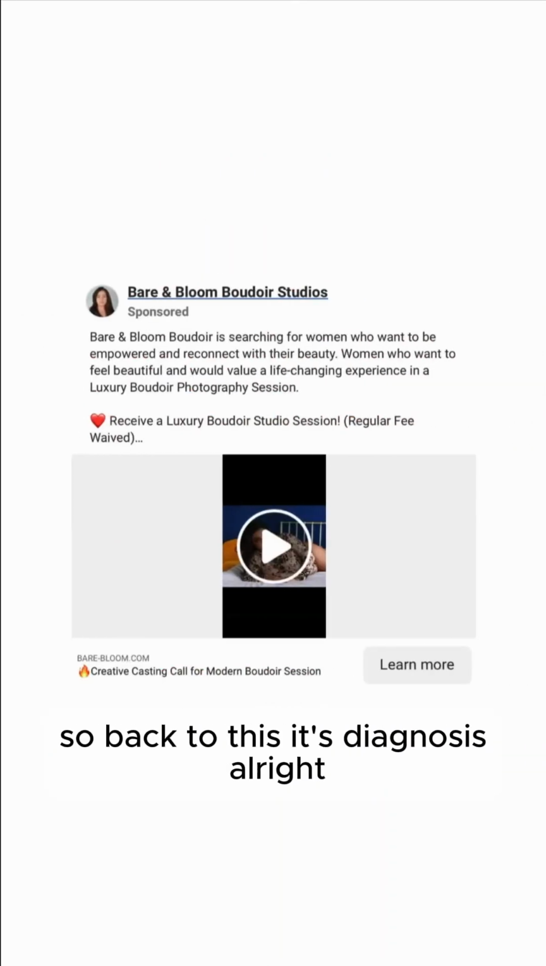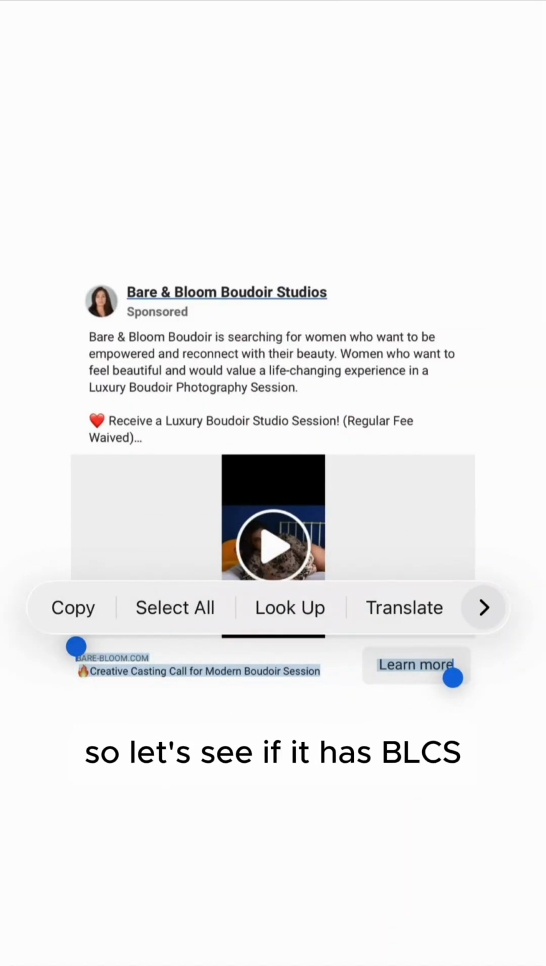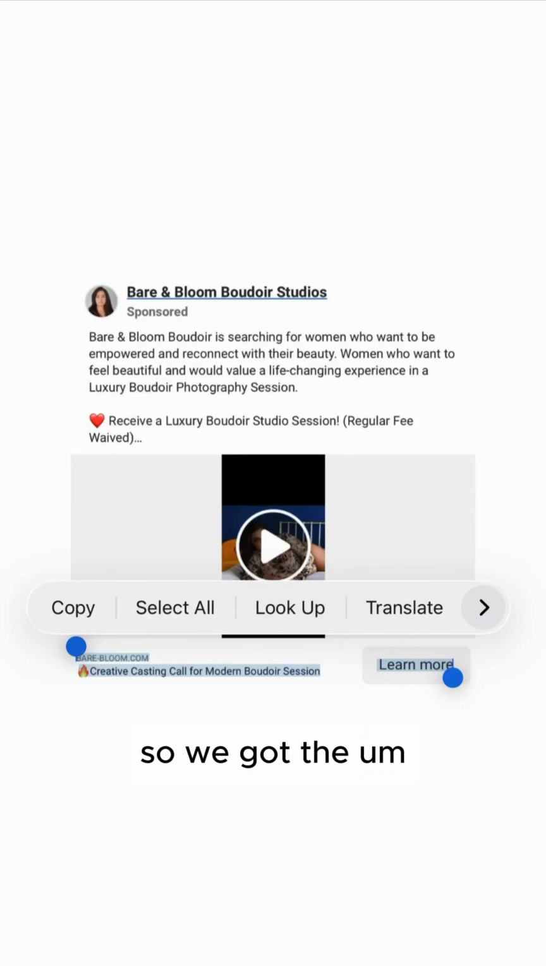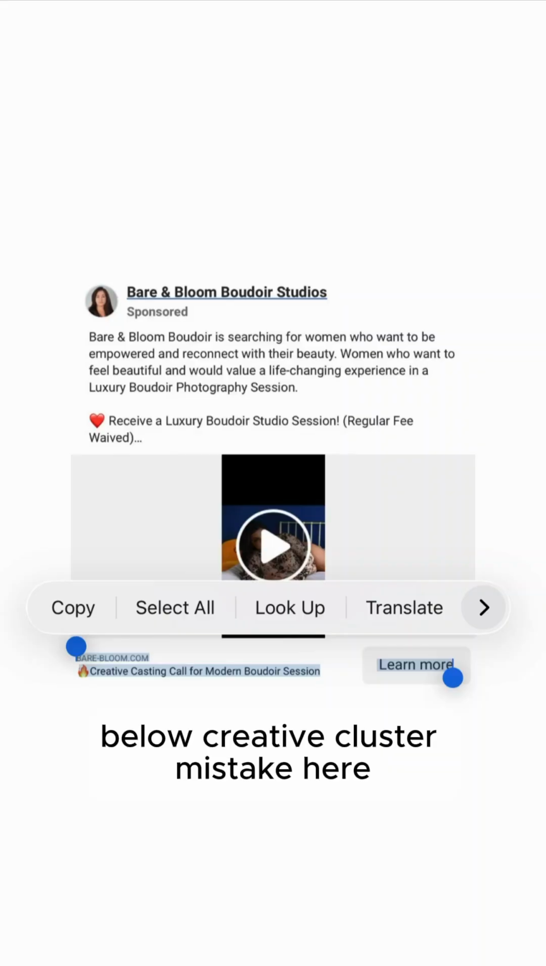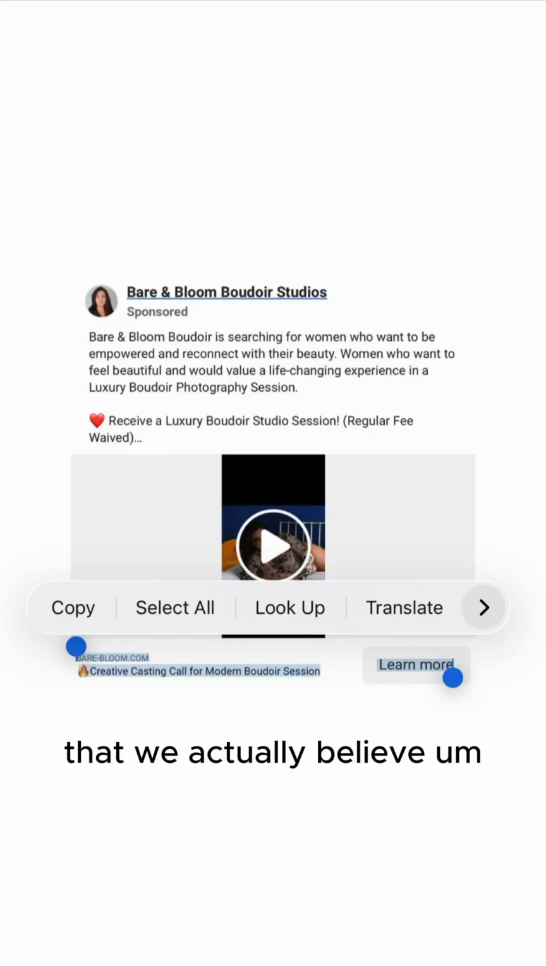So, back to this. Let's diagnose this. All right, so I'm going to see if we believe it has BLCS, aka Boudoir low click syndrome. So we got the below creative cluster mistake here. The false belief that causes us to make this mistake is that we actually believe